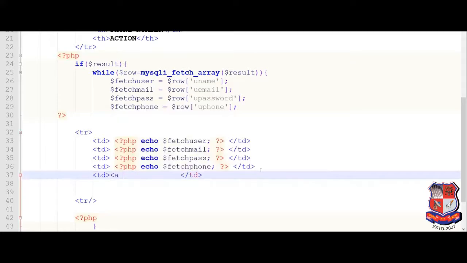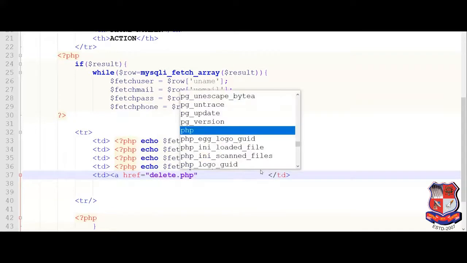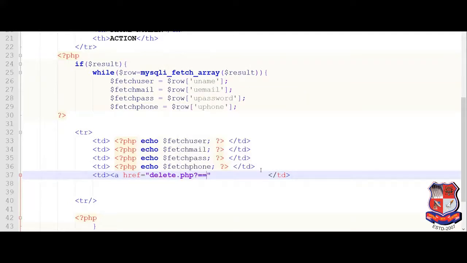So let's create a href is equal to delete.php. Then we have to fetch the id of which row we have to delete. So question mark id is equal to, now this one is the most important part.